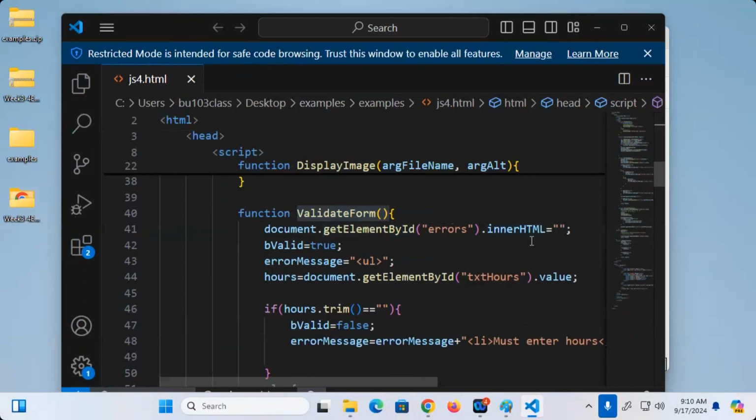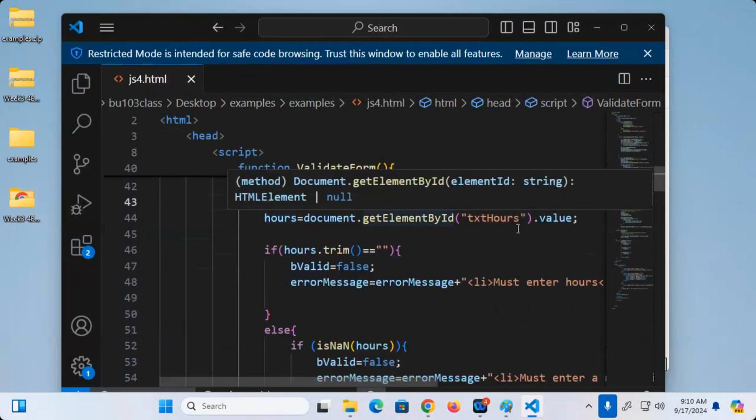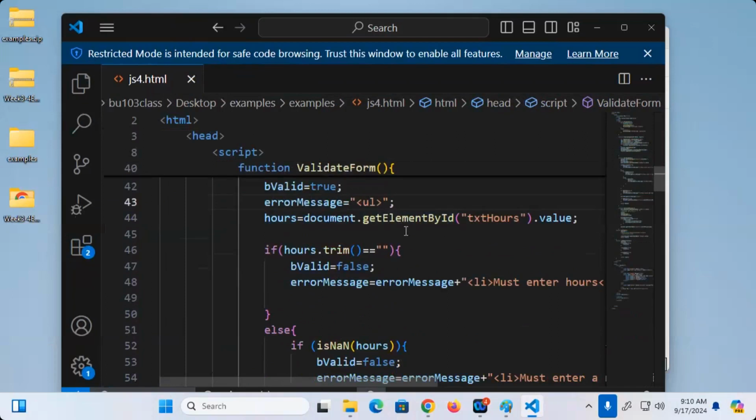So if you entered valid data, then entered invalid data, you don't want to see a check mark and an X. You just want the second X. We assume that the page is valid. We create a UL as our initial error message, and we grab the hours from the text box using